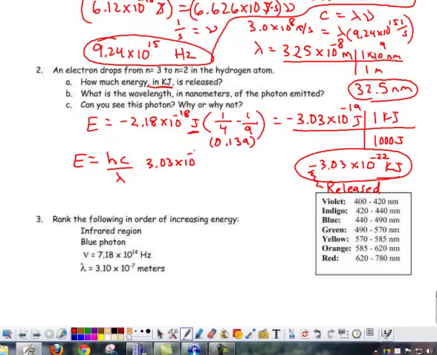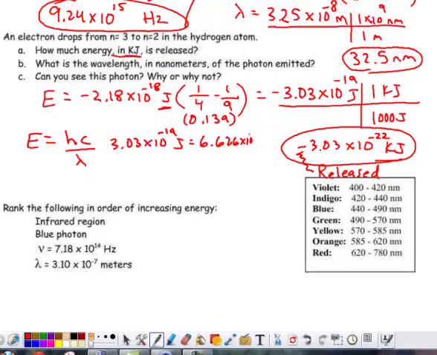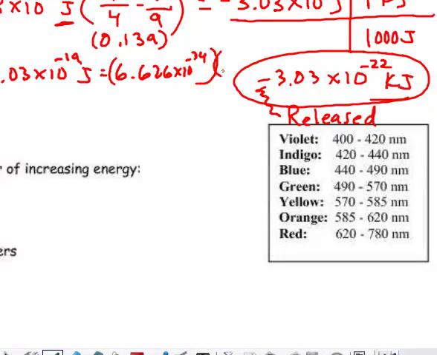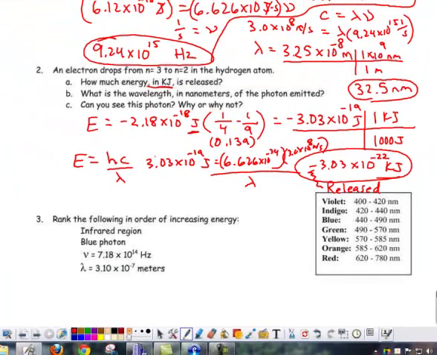3.03 times 10 to the minus 19th. Again, I'm taking the positive value of that. I don't want to have a negative distance. Equals Planck's constant, 6.626 times 10 to the minus 34, times 3.0 times 10 to the 8th meters per second, divided by lambda. Solve for lambda. The first thing you would do is multiply both sides by lambda, because you want lambda on the top. Remember, common algebra mistake: we've got to get rid of that from the bottom. So we multiply both sides by lambda, divide both sides by 3.03, and lambda equals